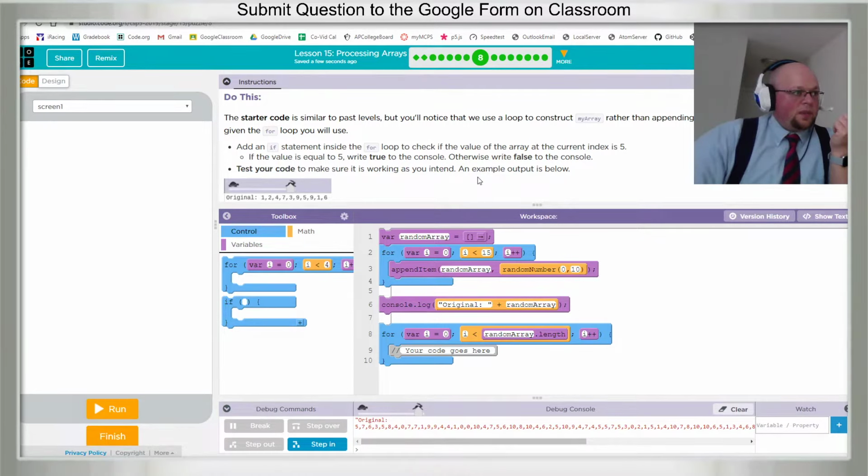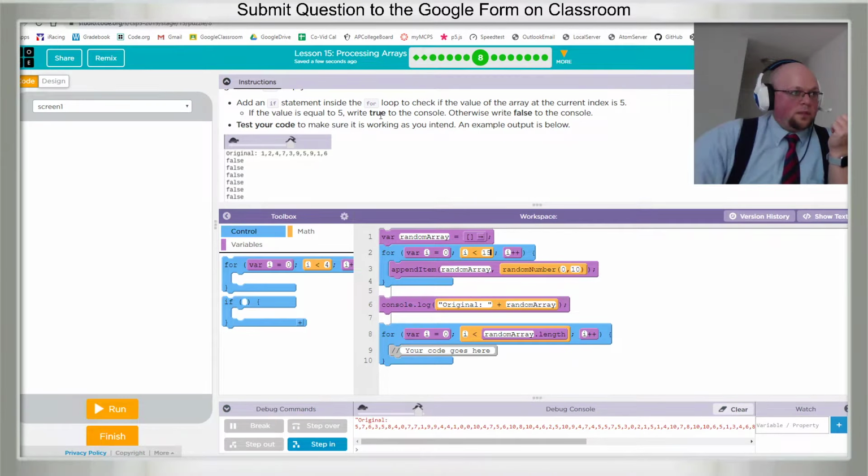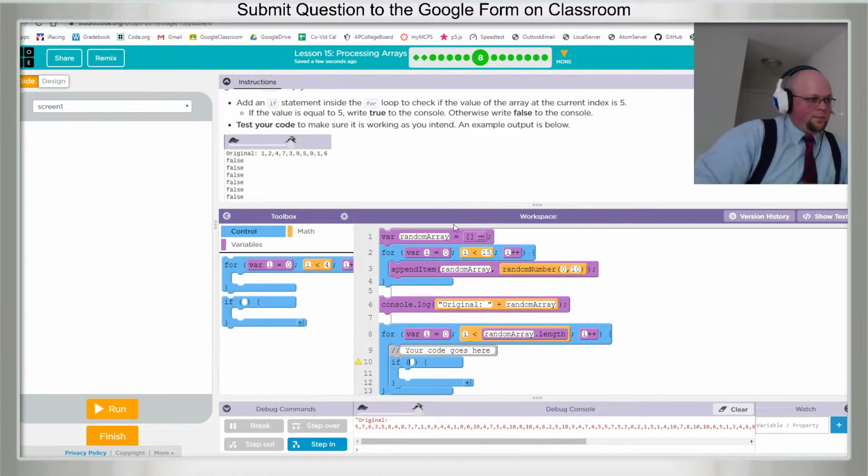Now we need to do something for that. We need to add an if statement inside the for loop to check if the value of the array at the current index is 5. So for every item in the list, our list is called random array, so every item in the list, random array.length, if that item, which is random array index I, is double equal to 5,